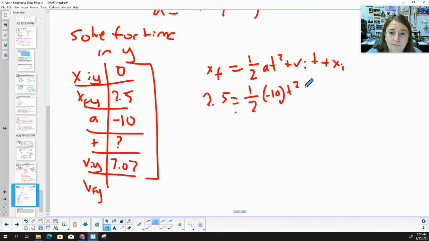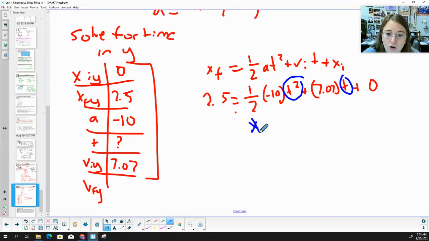I'm looking for t squared, and I've got initial velocity. This is what screws us up here. And then my x initial is 0. So here's what screws us up: I have a t squared and a t. When this happens,